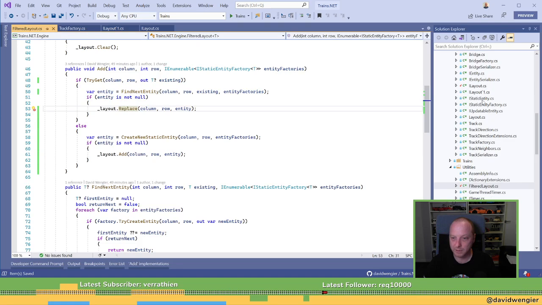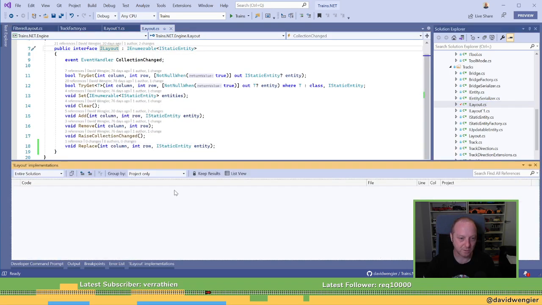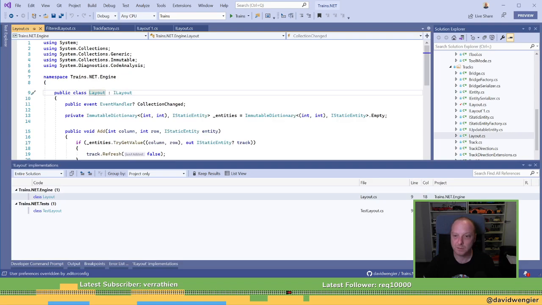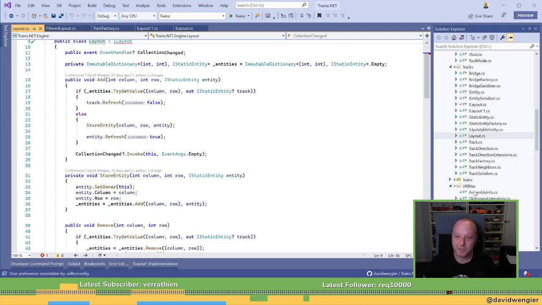Somewhere here we have a collection, store and stuff, but I don't know where it is. Static entity factory. Nope. Who implements you? Class code layouts. Oh, it's in the tracks folder. Well, of course. Which I guess is only slightly less good than the utilities folder.